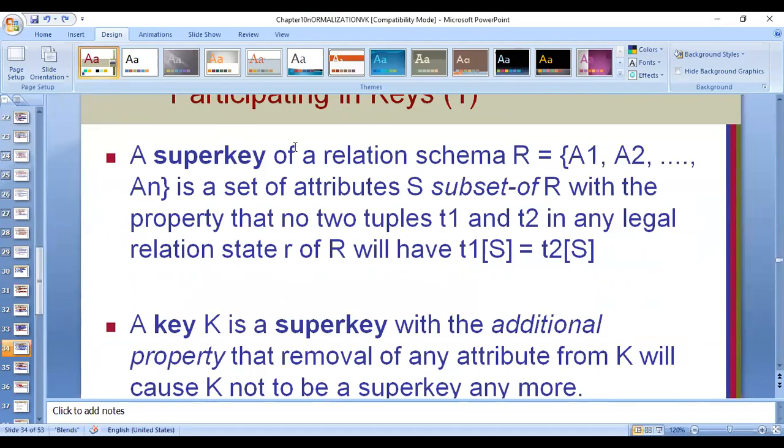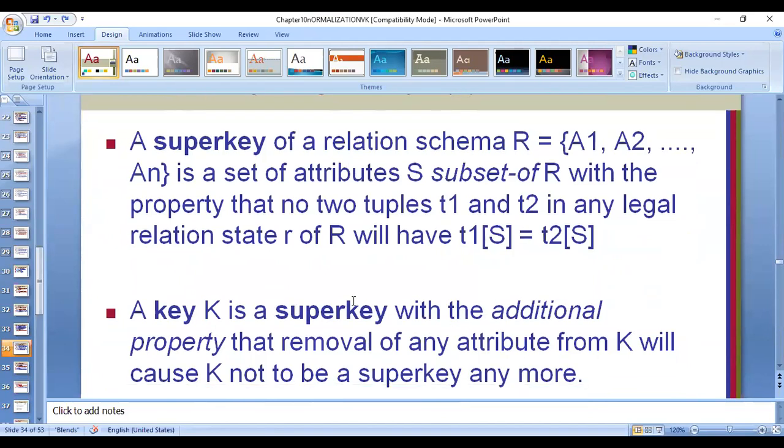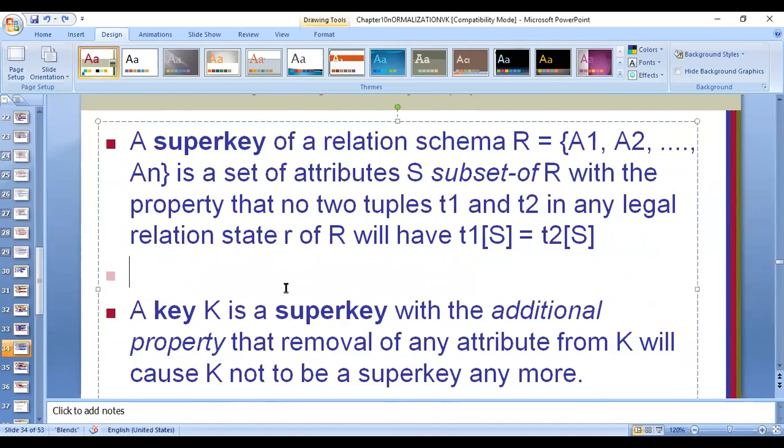Anyway, here we have revisited the point of super key. We have already covered this in the SQL chapter. What is the difference between super key and key? Super key is a group of attributes that uniquely determines a tuple, and the key is a minimal super key. I had given you an example of a table like this. Suppose there is a student table which contains roll number, name, and city. So when you have three attributes in a table, student, how many super keys can we frame from this?